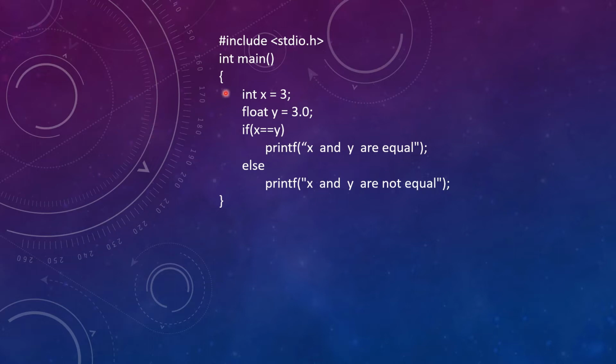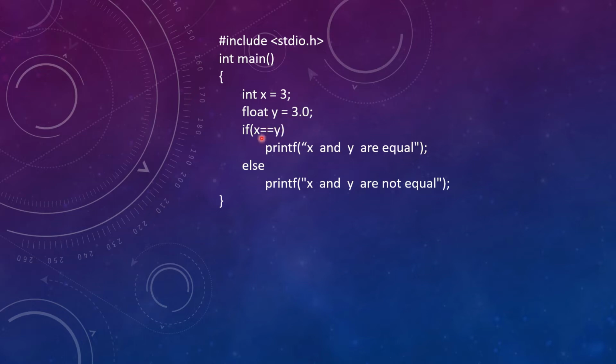So in the very first line you can see that we are declaring an integer variable and initializing it with value 3, right? So 3 is kept inside variable x. And then again we are declaring a float variable, float y, and we are initializing it with value 3.0. Okay, because a float value has decimal numbers, so 3.0 is kept in the y variable.